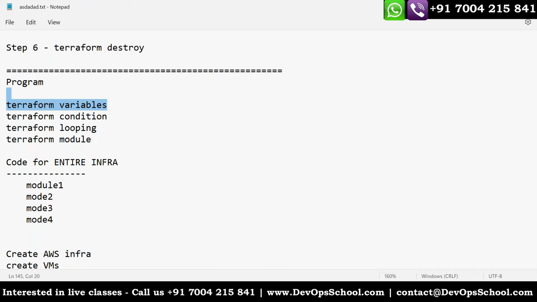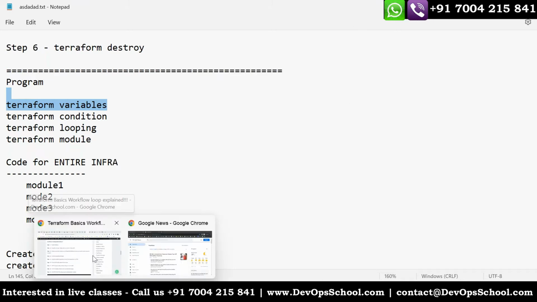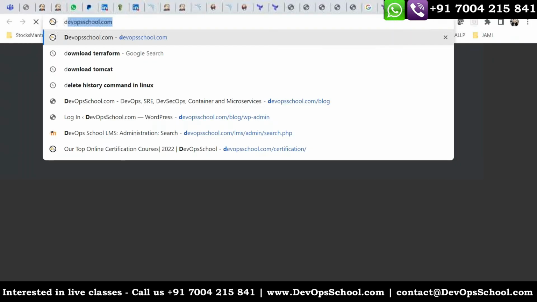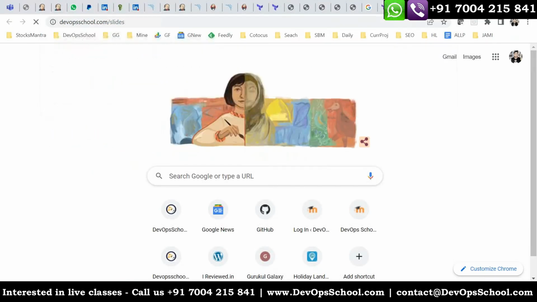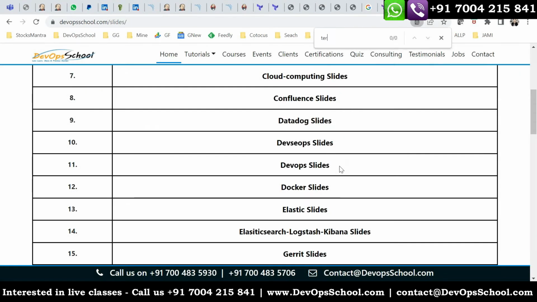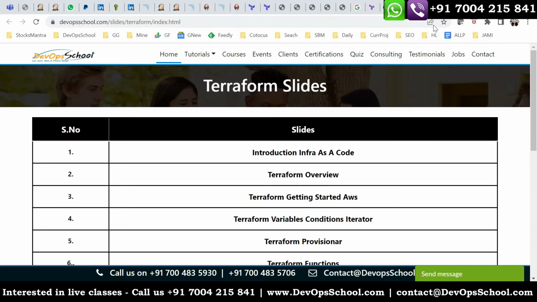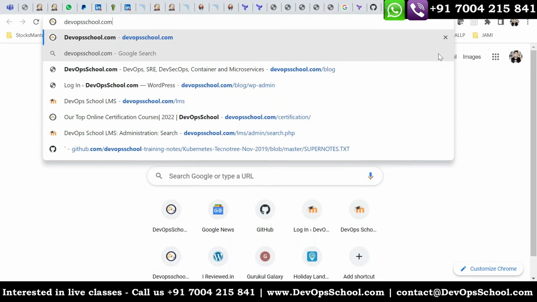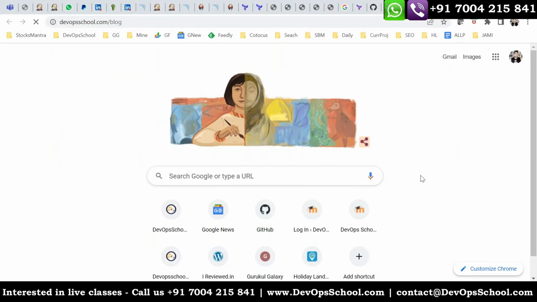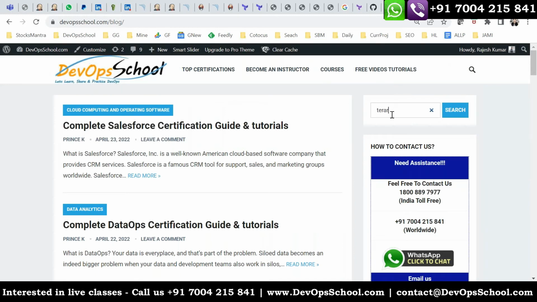Yeah. So guys, I'm not moving to the slides again because it will take a little time. Slides you can download from these locations, all the slides for Terraform. Here it is. So you can refer to the slides here, but right now I'll just move on to some example project. It will be faster for you to understand, because it's pretty large.